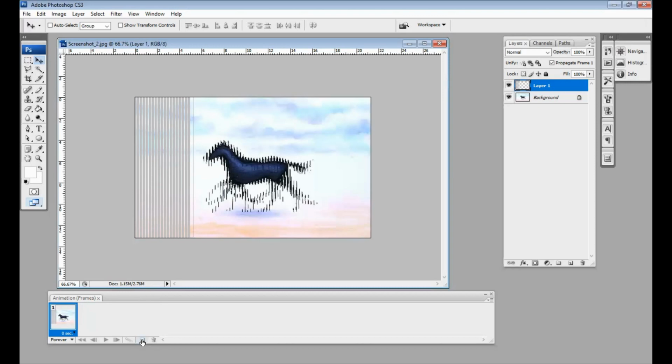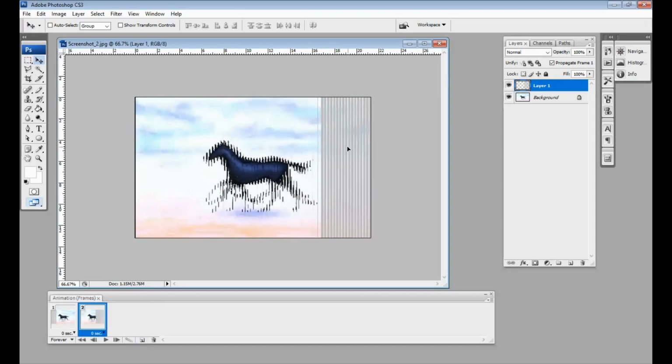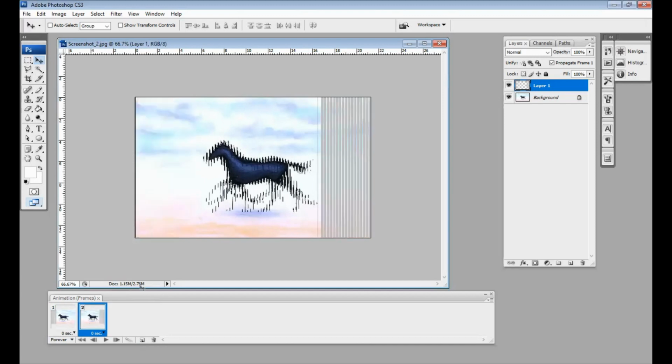First I create a frame, then duplicate the frame, and the illustration of the silhouette moves until the end here. First on the left and on the right.